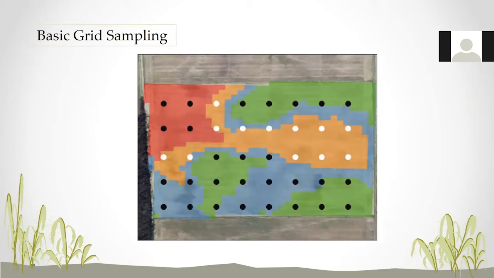Or I can get a numerical average if I were to sample like this on a grid and analyze each of these samples separately. And then I can mathematically average the samples, not only over the entire field, but then over different management or overlays of different soil types or whatever the variability might have been caused by. If we look at